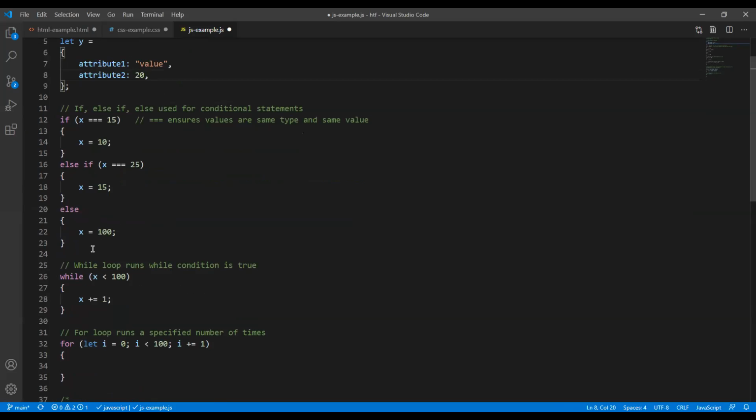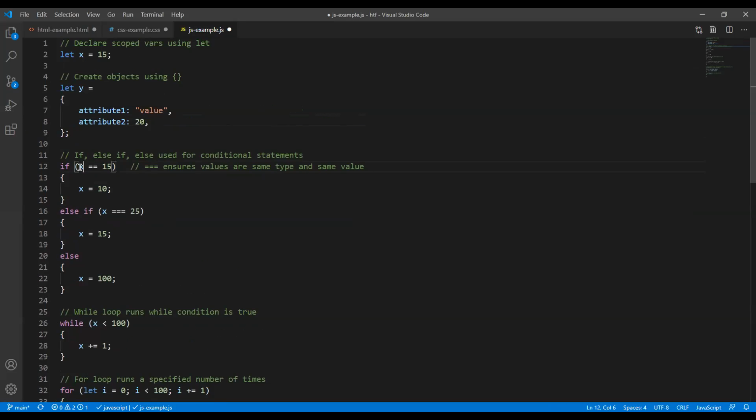They're similar to other languages like C and C++ and Java. The only difference here I want to talk about is that you have a different conditional operator. You do still have your traditional double equals operator in JavaScript. What this will do is see if x is the same value as 15. But if I use three equal signs, that actually makes sure that they both have the same value and the same type. I could probably talk for hours about the type coercion system in JavaScript, so I won't,